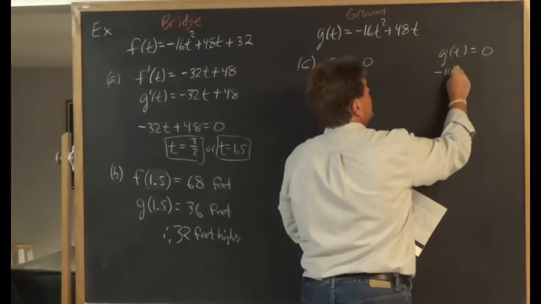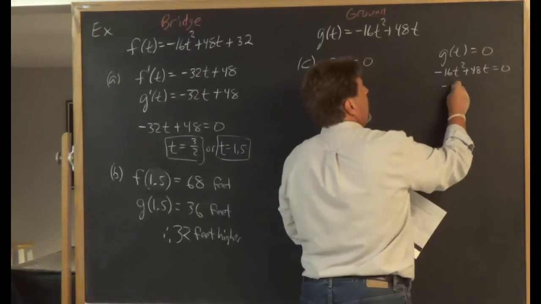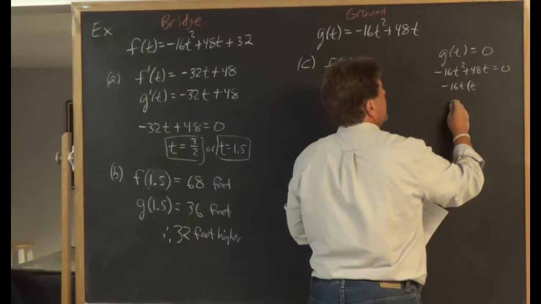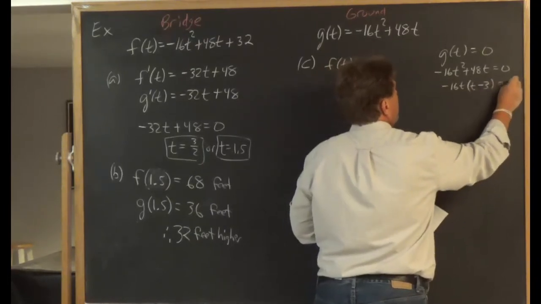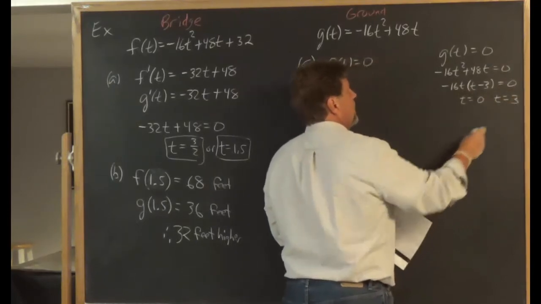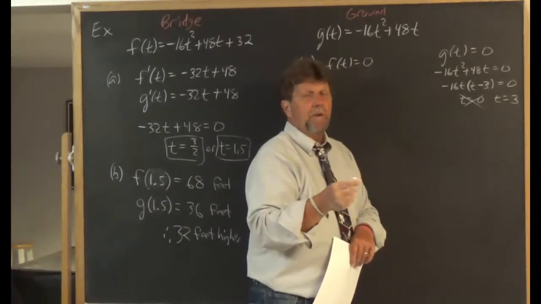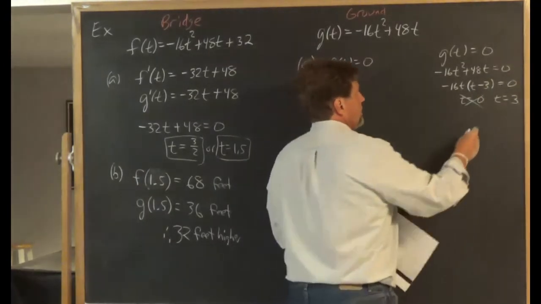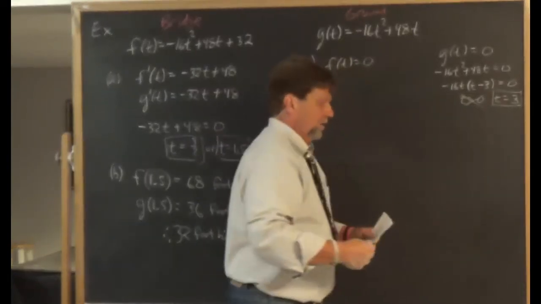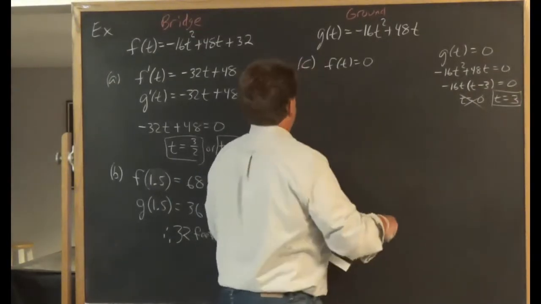You have negative 16t squared plus 48t equals 0. If you factor out a negative 16t, you're left with t minus 3. So you get t is 0, t is 3. That one doesn't make any sense because if no time has passed, it's still at ground level. So it goes up and it comes back down and hits the ground at 3 seconds. So what's the velocity with which it hits the ground? Well,